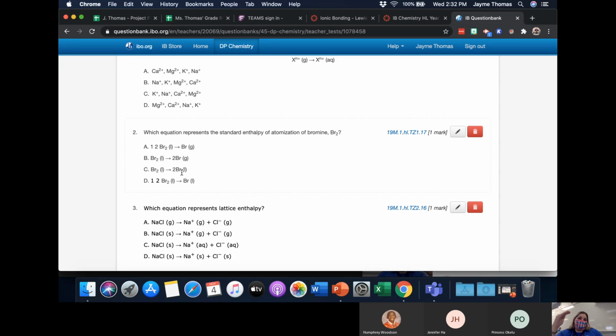If you remember all of those statements last time, all those terms like enthalpy of atomization, ionization energy, when we talked about those, they all talked about everything being in the gaseous state. So naturally in its standard form, bromine's a liquid when it's a molecule. But when you go through this atomization process, you break the bond and it turns into a gaseous atom, okay? And so that's why B has got to be correct over